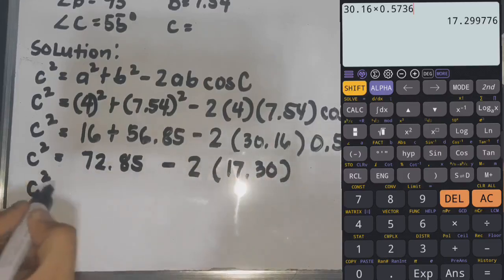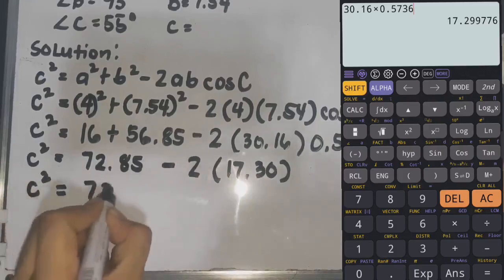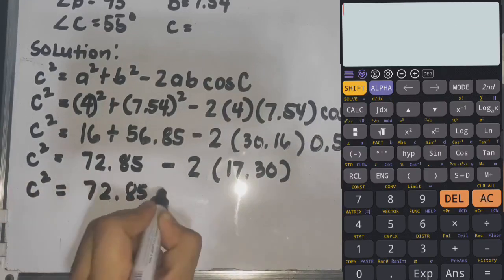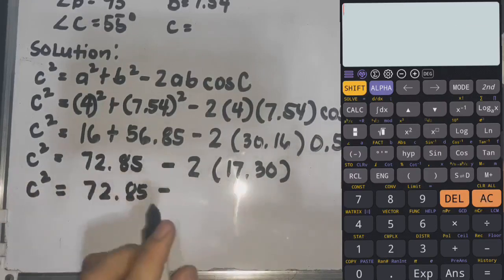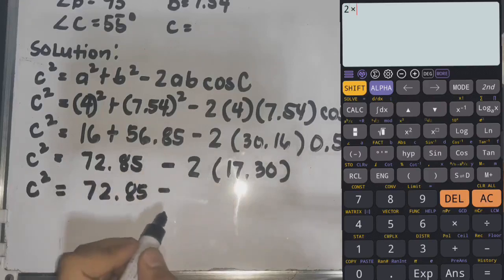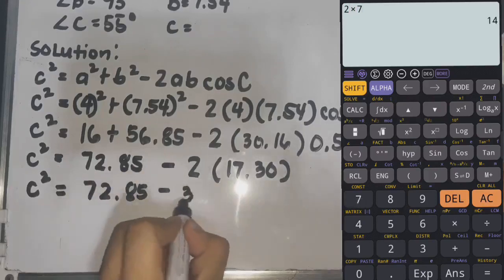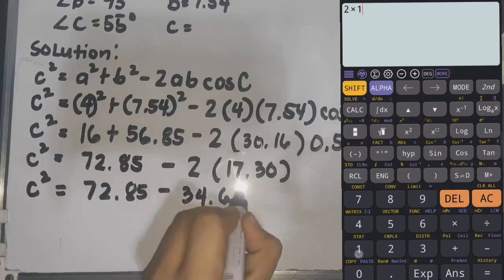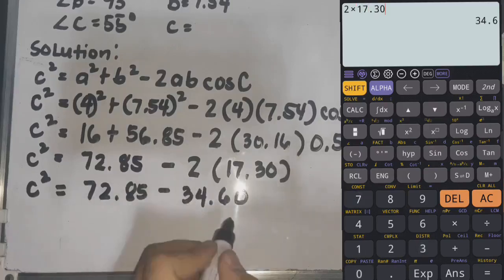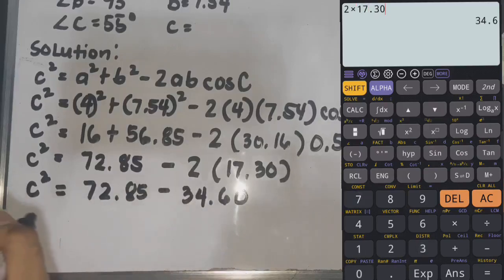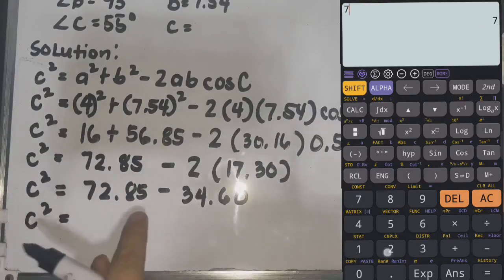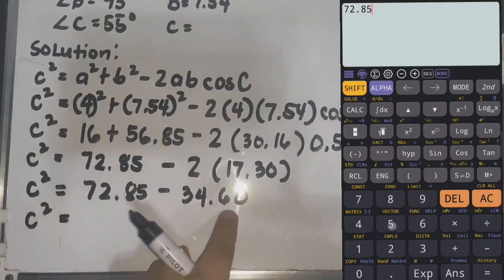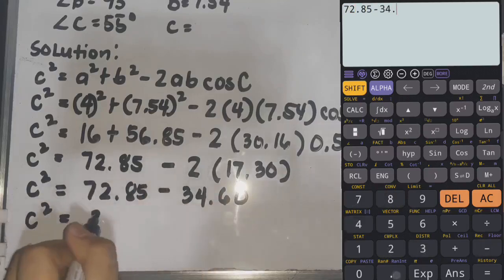Then, bring down natin C squared. Bring down 72.85 minus 2 times 17.30 is 34.60 or 34.6. Then, subtract C squared is equal to 72.85 minus 34.60 is